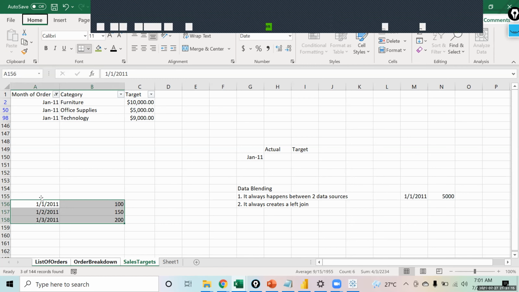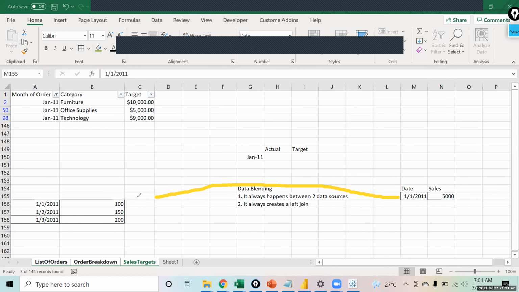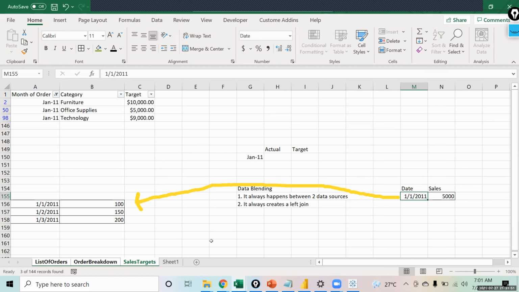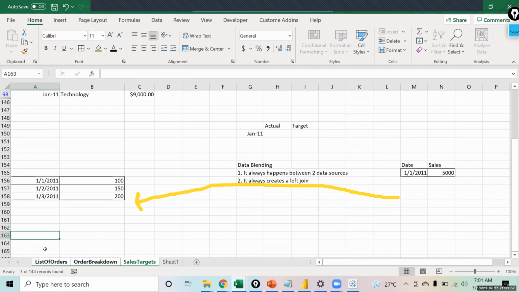Now, these are the two data sets, how will you join them? If you join them right now, what criteria will you choose to join them? Date. But how will you choose date? If you choose date as a whole, this particular row will get joined with this particular row over here, so you will only get one row in that case.